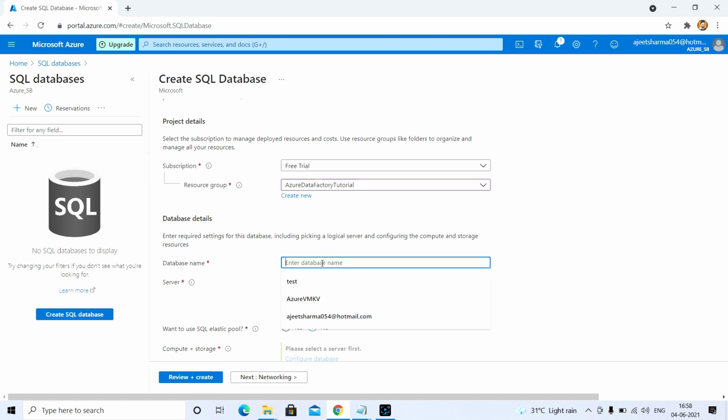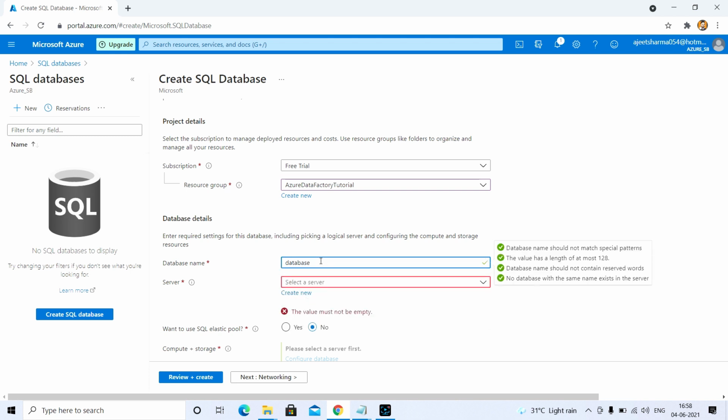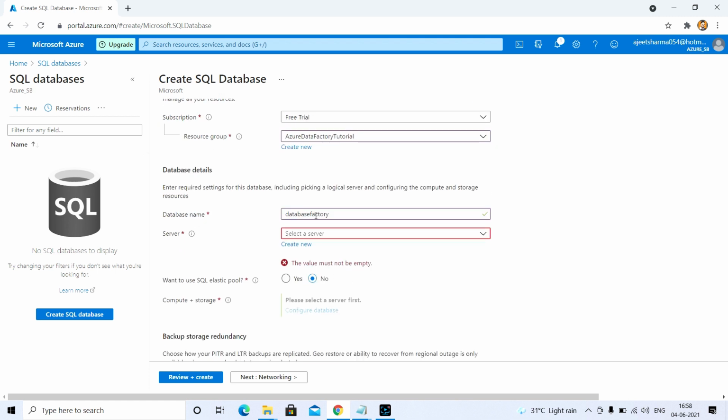Here I'm choosing the name. So this is my database name. Here you need to create a server.